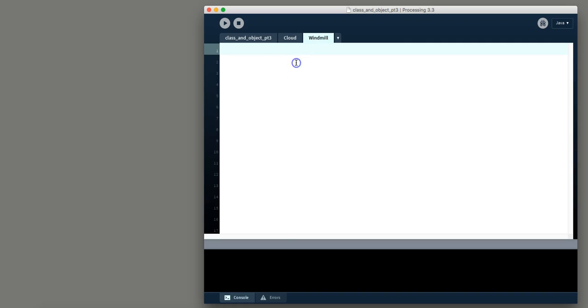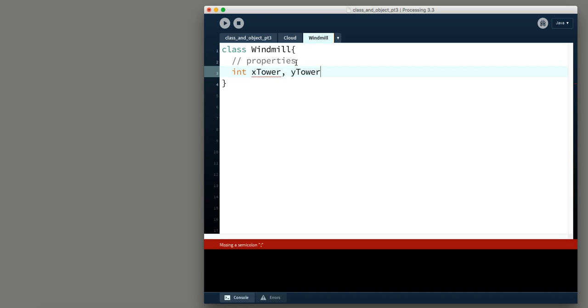Let's do it. We can start by creating class Windmill, followed by the curly braces, and don't forget to create the properties, which are going to be xTower and yTower. Then we need to create the constructor,